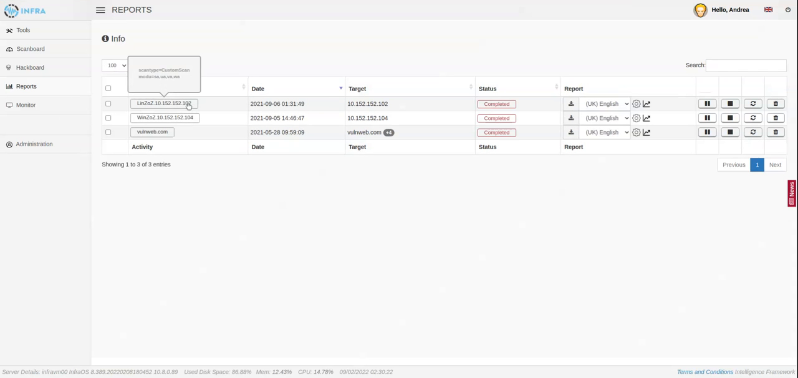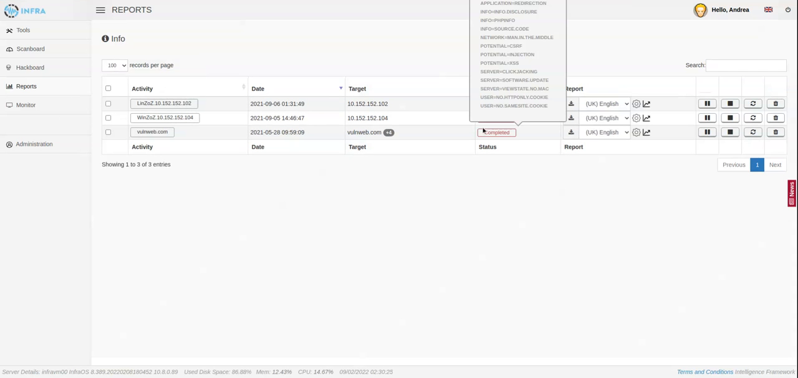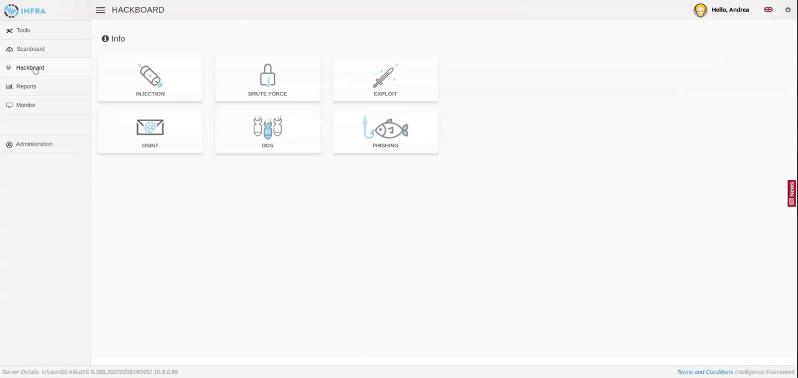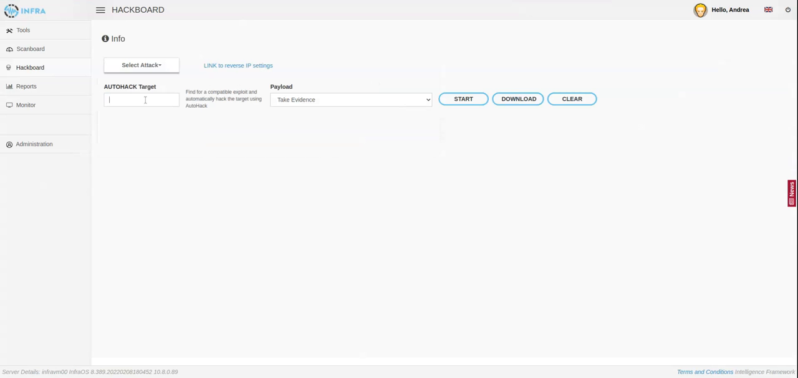We have a report of a Linux and a Windows and some other targets on the internet. Let's try the Linux one. Just auto hack. I don't choose anything. I don't change anything. I just click here, start. And now we wait and see what's happening. Basically, it will check all the reports now and look for vulnerabilities. Then we'll try to find all the problems and compare to